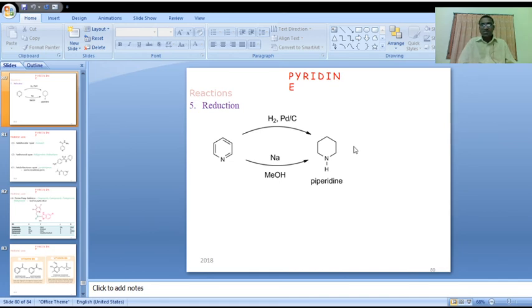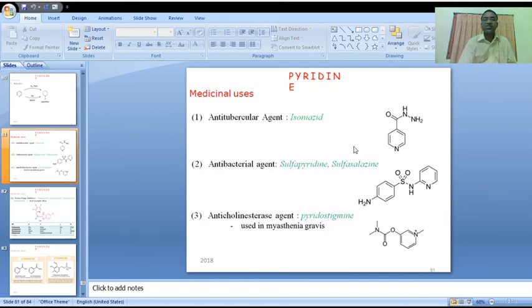This is called piperidine. Pyridine on reaction with hydrogen in the presence of these catalysts will give piperidine. Piperidine is a purely saturated six-membered cyclic ring with the heteroatom nitrogen. Is it clear? These are all the various chemical reactions of pyridine. Now let us go to